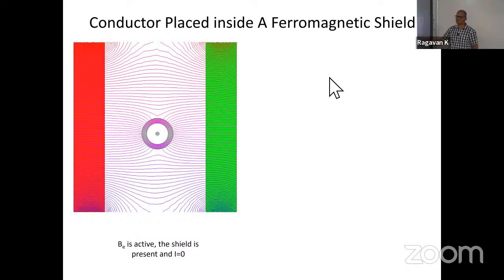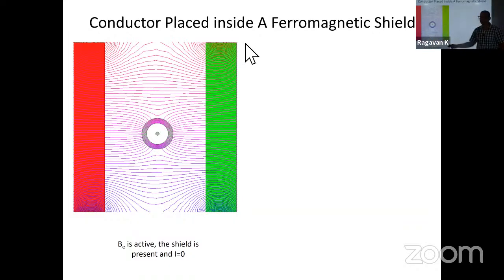So in this left-hand side figure, the red is north. Let's say the field is emerging out of north and going towards the south, and I have introduced the shield. There is a dot at the center. There is no current in the conductor. So as you all said, the field is taking the path towards the ferromagnetic shell, and then there's a straight part. And this part, because when I did the simulation, the north and south magnet is limited to this height, so the fields are circulating here.